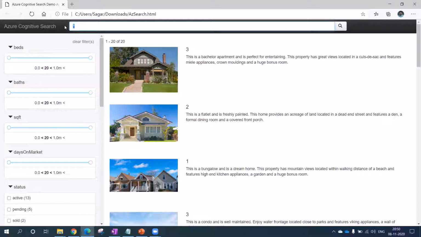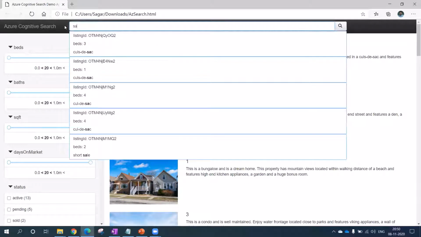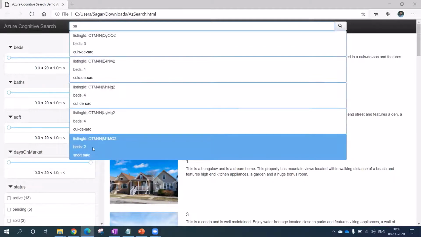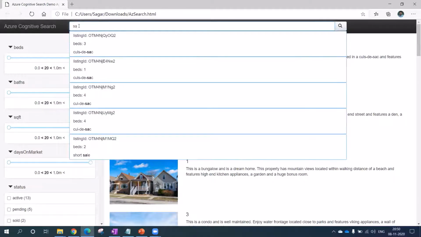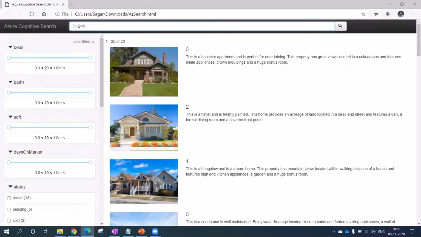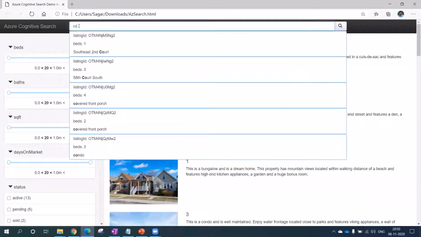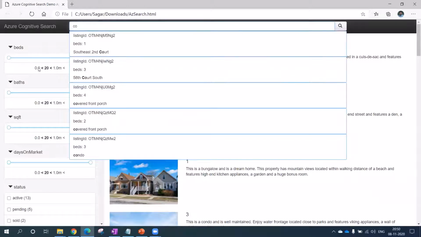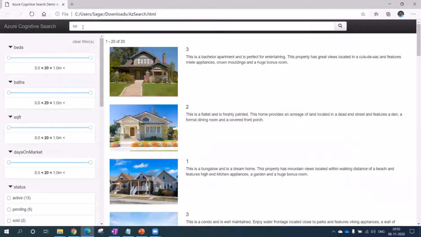For example, let me put, see, I just put a SA. It gives me the list of this. Yeah, it's auto populated all data. Okay, so you can do multiple things, right? ZA, something like it. CO. Okay, COC code. I can see multiple things over here. So it's auto populated.